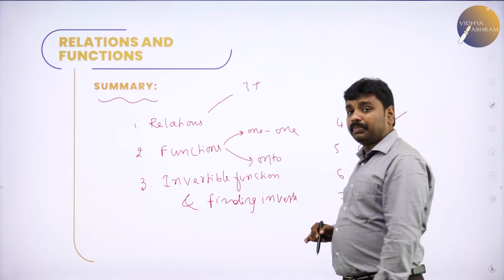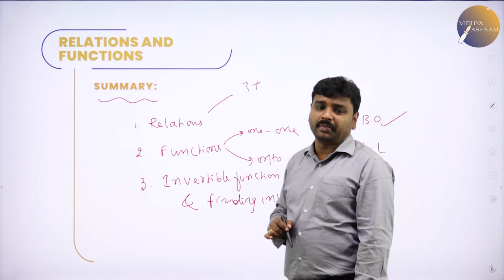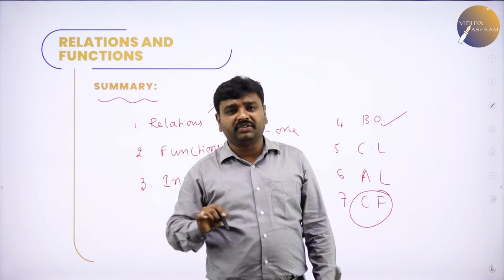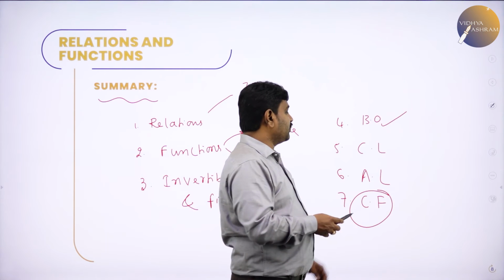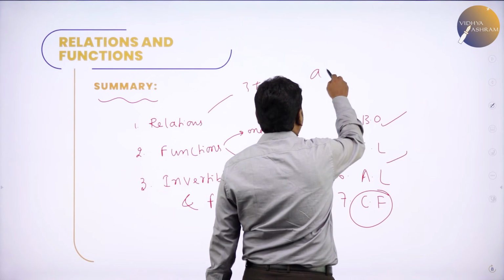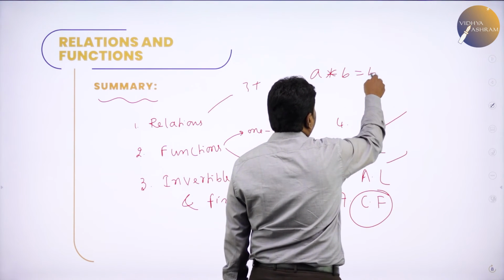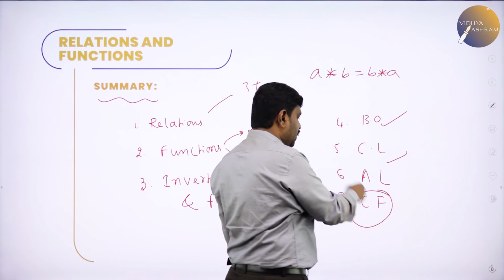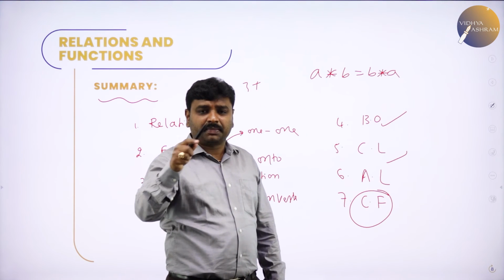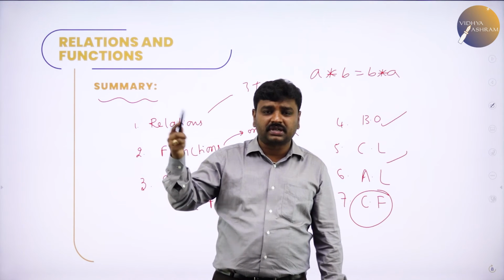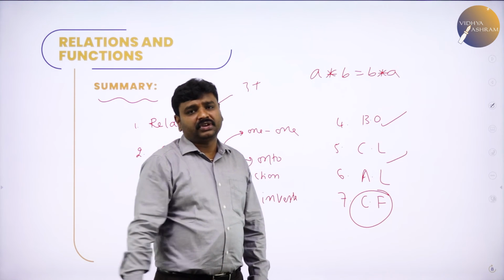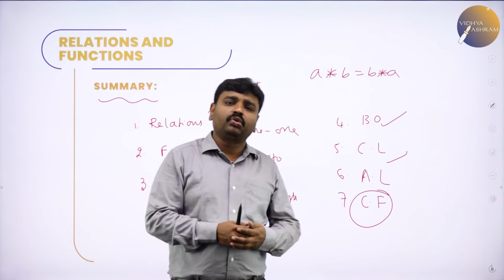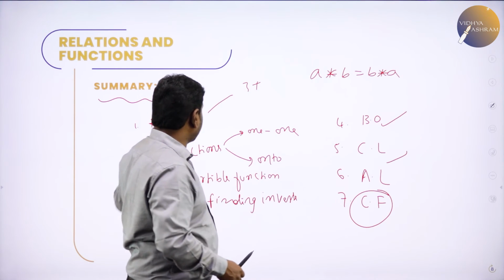Then we have problems on binary operation. All of you know what is binary operation. For all a, b belongs to given set, if a star b also belongs to same set, then we say binary. After binary we studied commutative law. All of you know what is commutative law. A star b is equal to what? B star a. Then we studied associative law, that is a star b star c is equal to what? A star b star c. Then we studied problems on composite functions. Today we have studied some proofs. So this is the whole chapter.